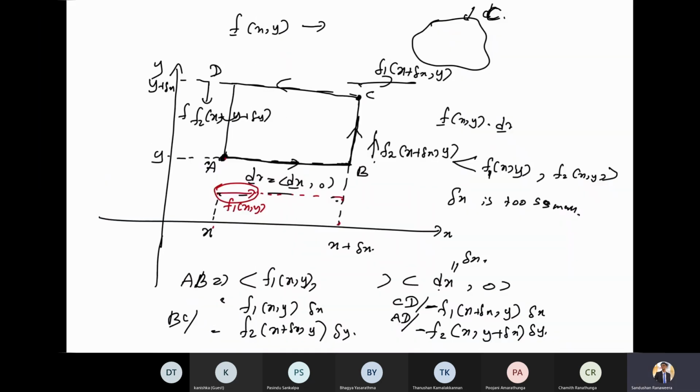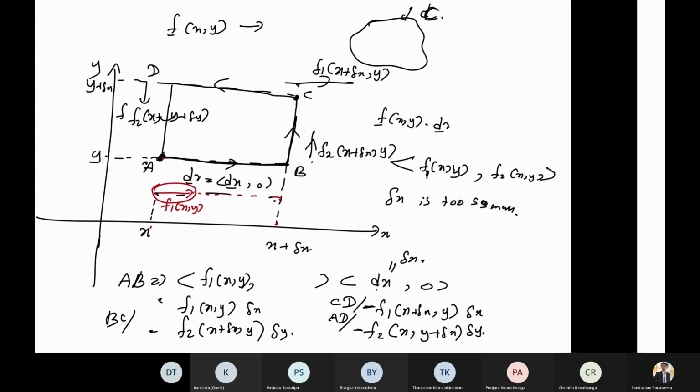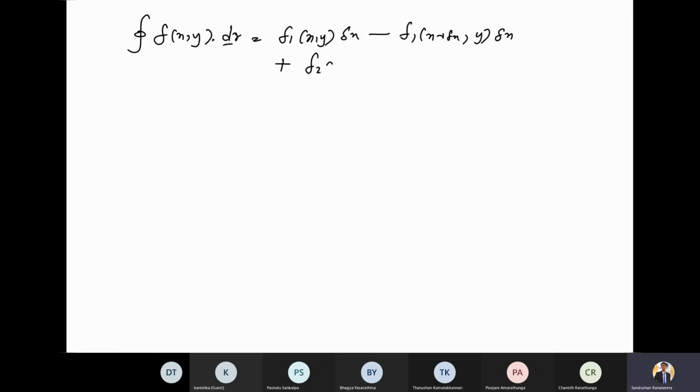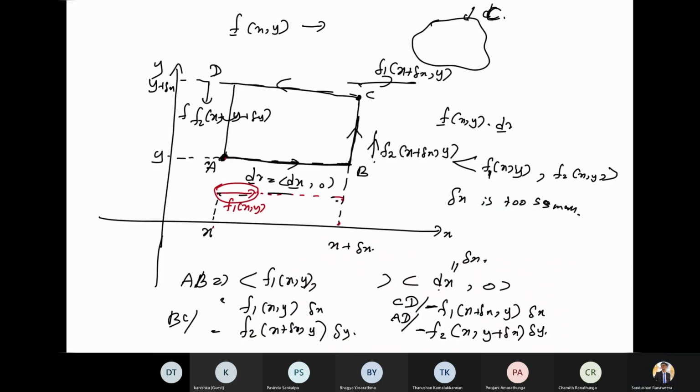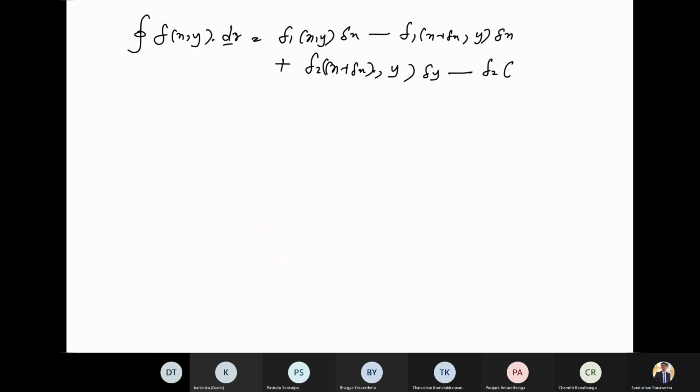Okay, we can write f2(x plus delta x, y) delta y minus f2(x plus delta x, y plus delta y, x comma y plus delta y). Now what I'm going to do is something like this. I divide this whole thing by delta x delta y and multiply by delta x and delta y. Now you can get this thing as,